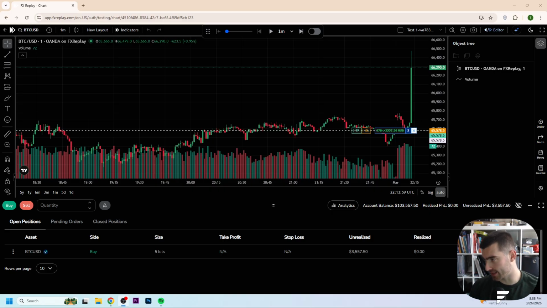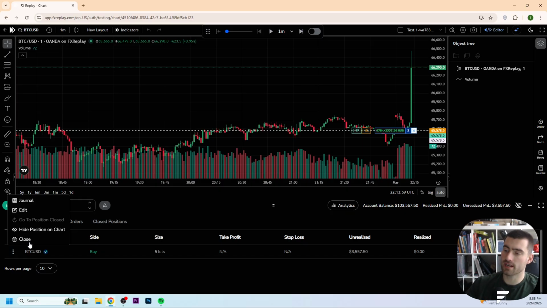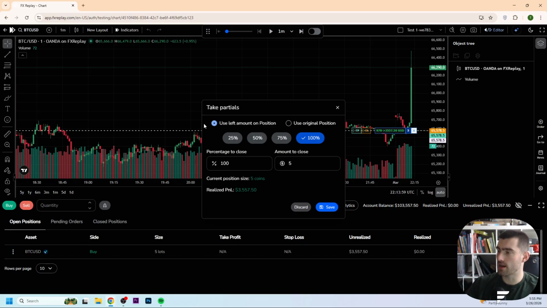So right now we created ourselves a position right here on Bitcoin and we want to close this position. It's of course a backtest, so right now it's standing right here as open positions. But if you want to close this, we go right here to the three dots and then we can click here on close. Then right now you will get this screen where you can click right here, use original position